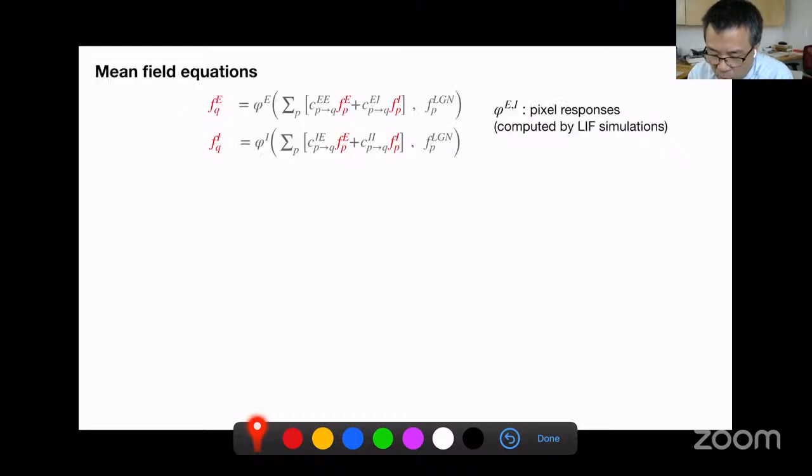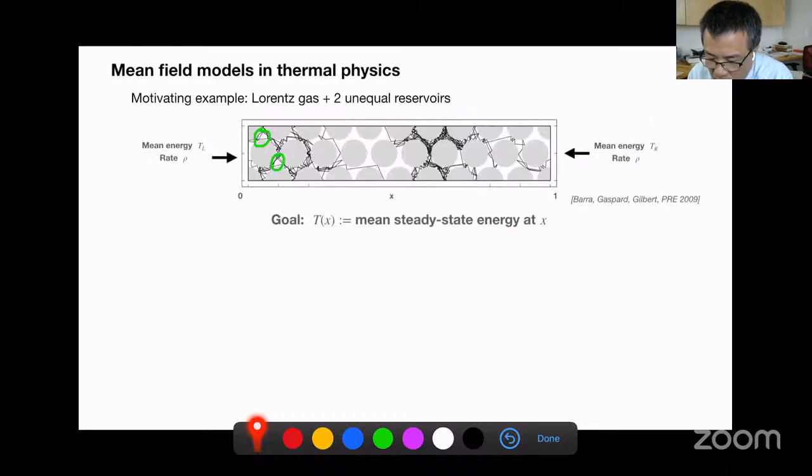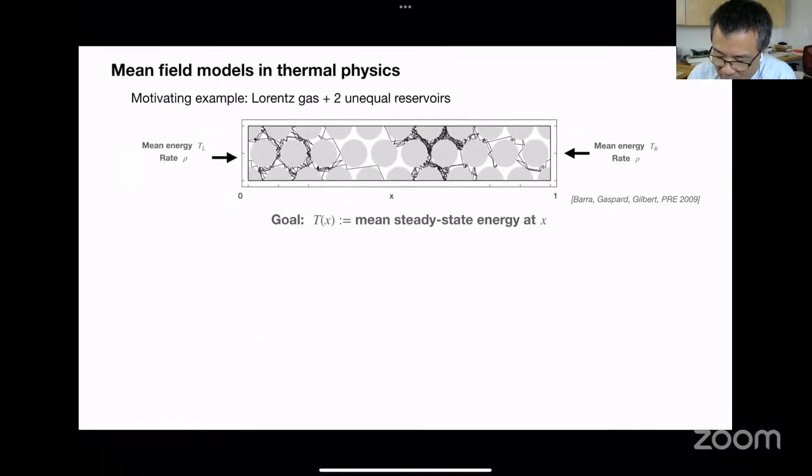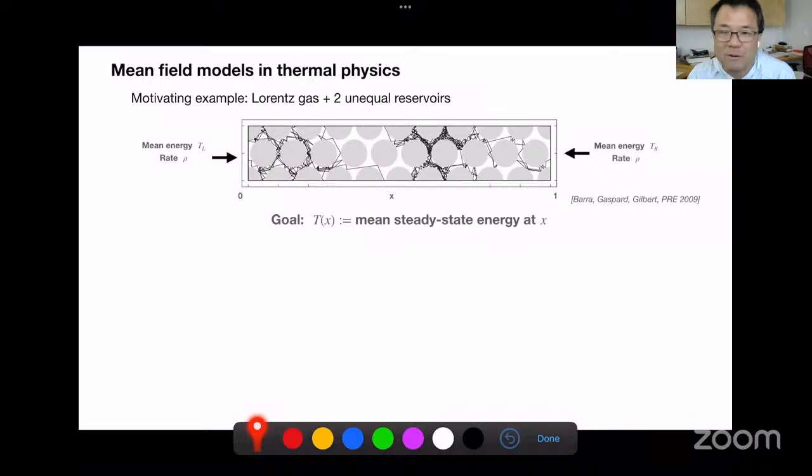And remember, go back to this physics picture that I showed, one of the standard mantras in physics is that, well, the particles somehow bounce around lots of times before moving on, so there's some local equilibrium, and that doesn't